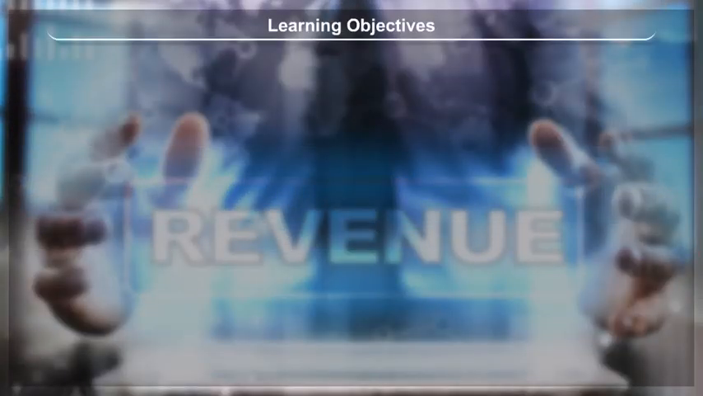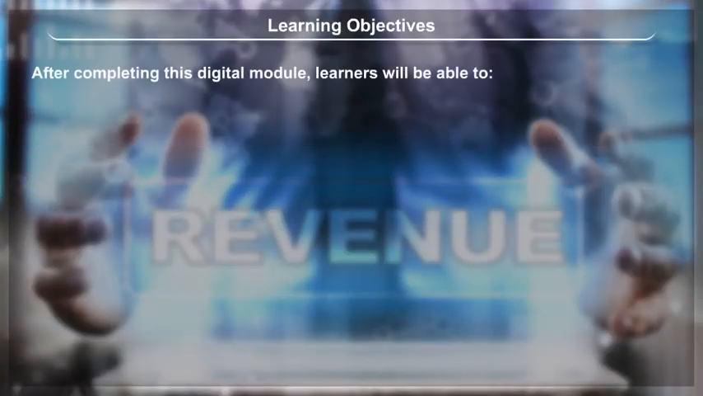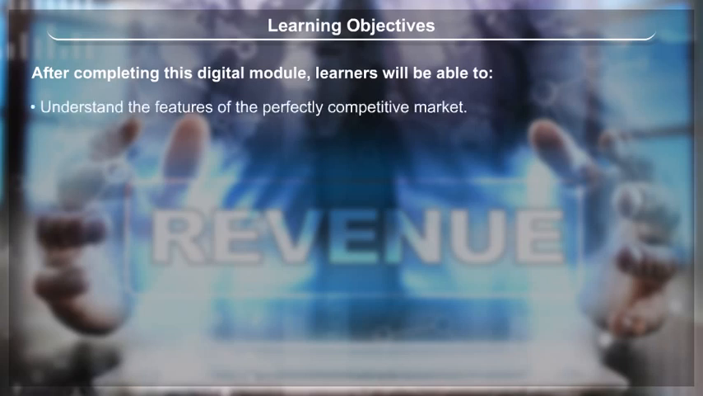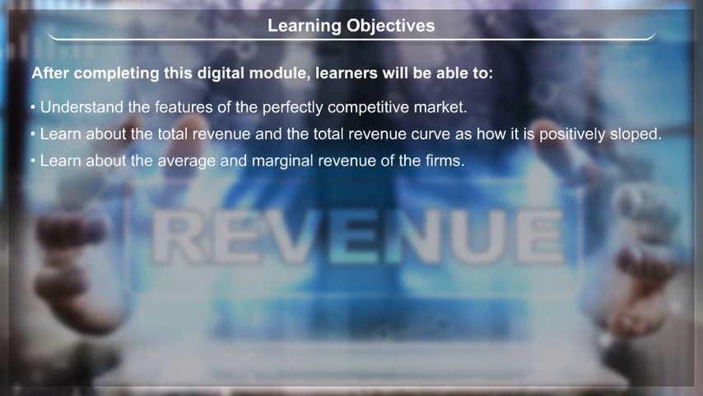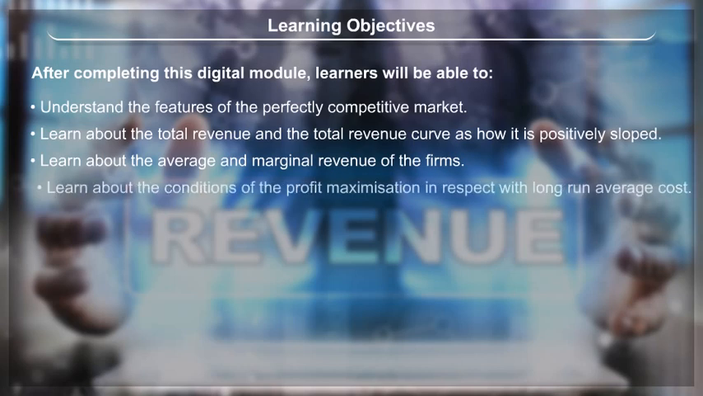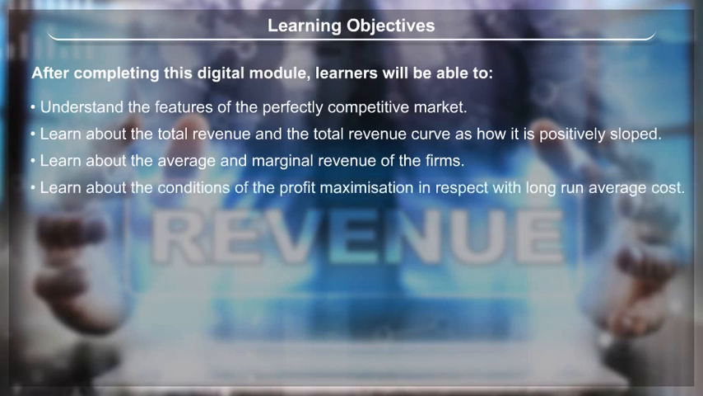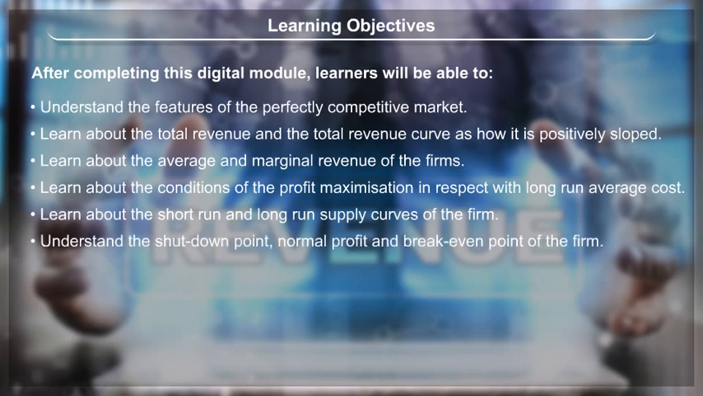Learning objectives. After completing this digital module, learners will be able to understand the features of the perfectly competitive market, learn about the total revenue and the total revenue curve and how it is positively sloped, learn about the average and marginal revenue of the firms, learn about the conditions of profit maximization with respect to long-run average cost, learn about the short-run and long-run supply curves of the firm, understand the shutdown point, normal profit and break-even point